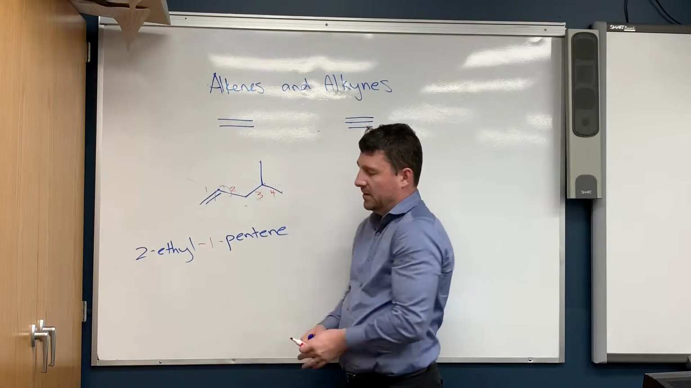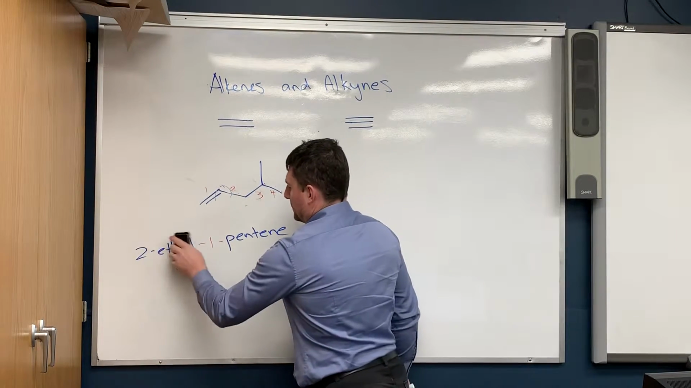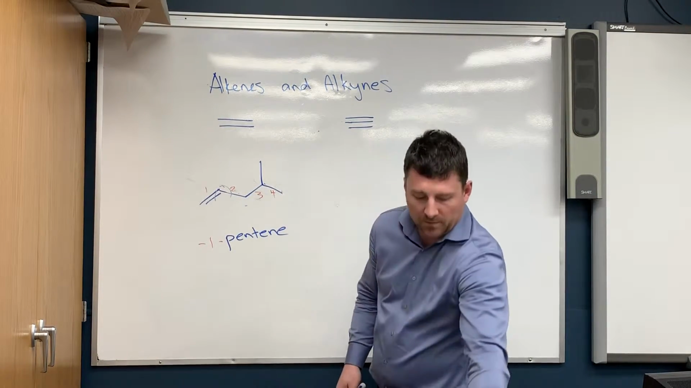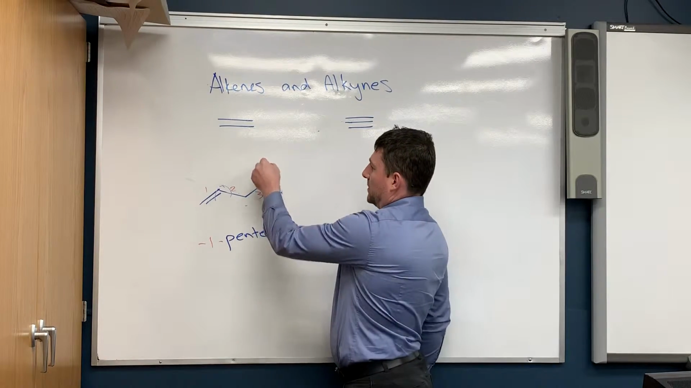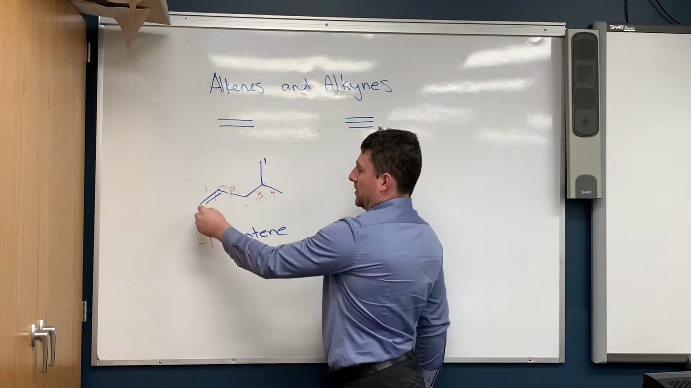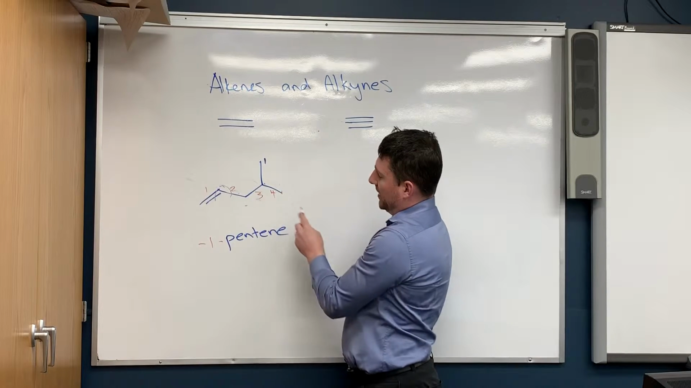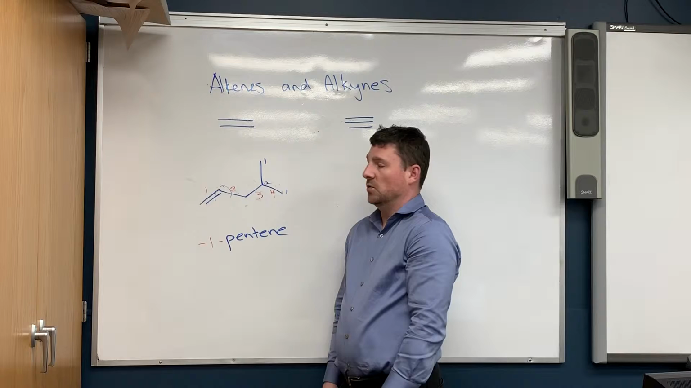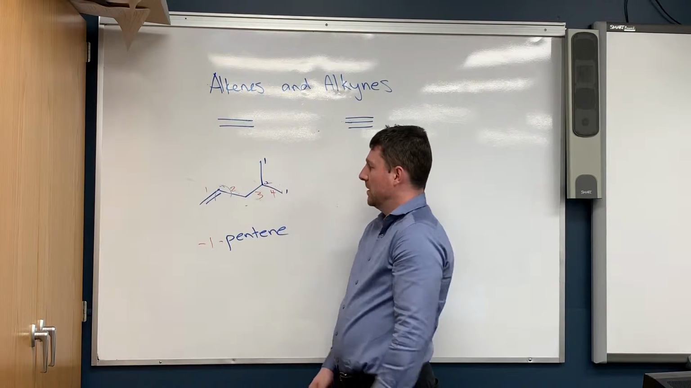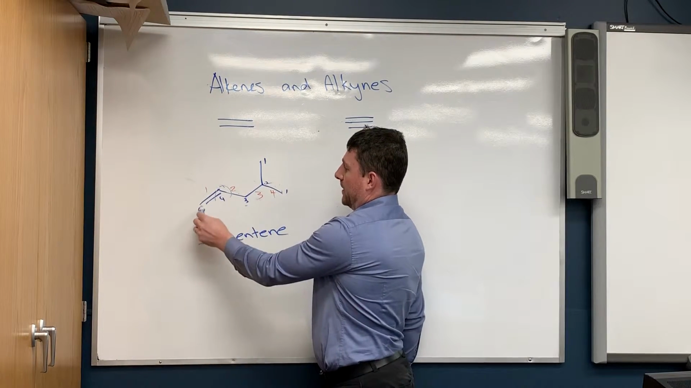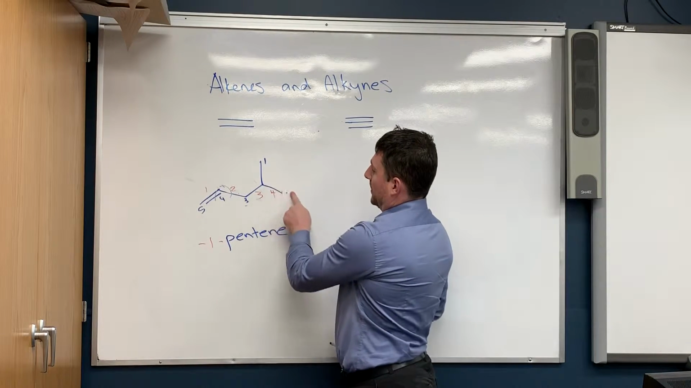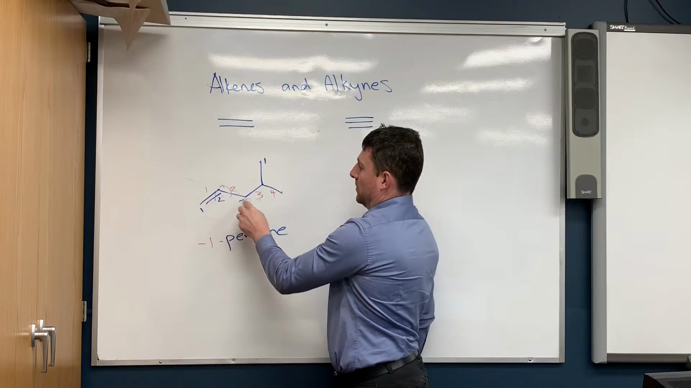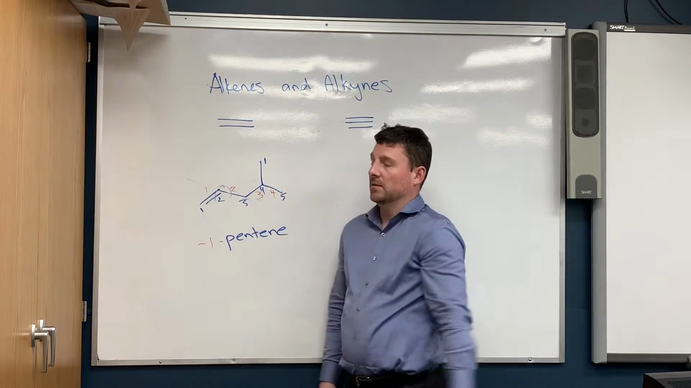It'll still be a 1-pentene, right? But now when I want to name my branch, which has 1 carbon on it, am I going to number my carbon chain 1, 2, so that I can call that a 2-methyl-1-pentene? 3, 4, 5, right? Or am I going to number it in the opposite direction and call it 1, 2, 3, 4-methyl-1-